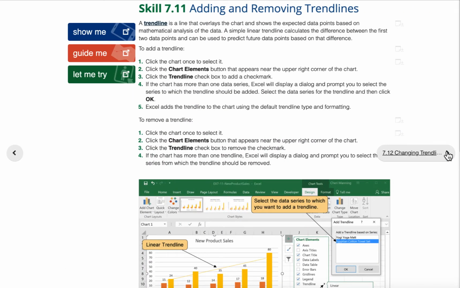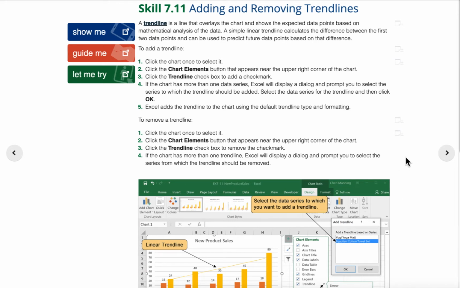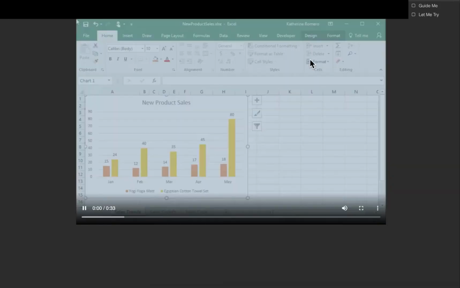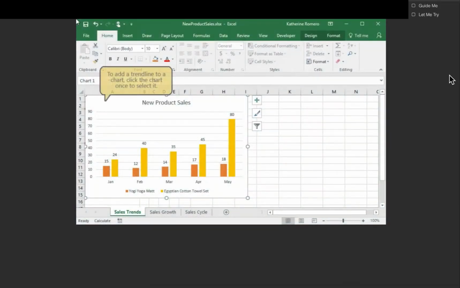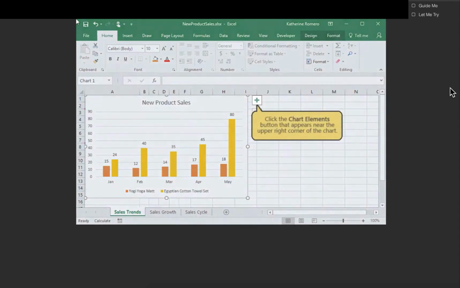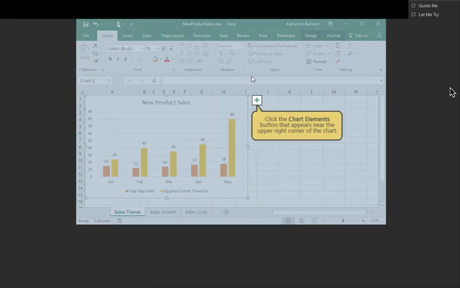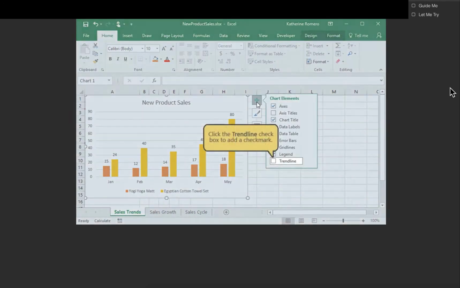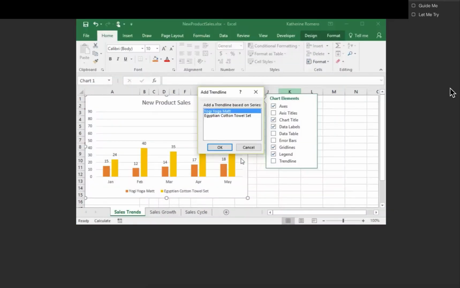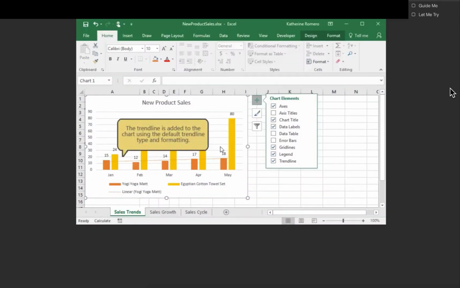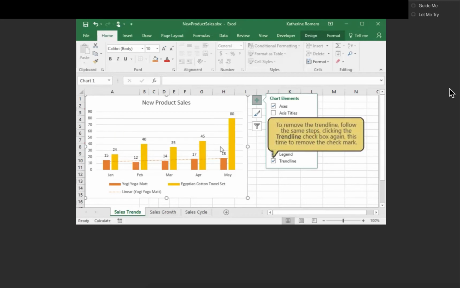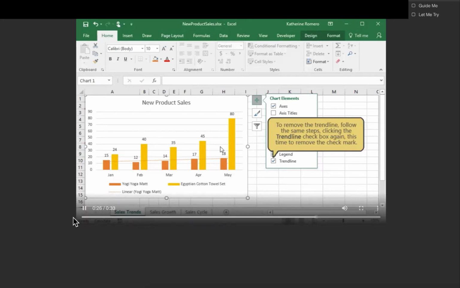Now we're going to see how we can add and remove a trend line, and that is really important when you want to see a trend in your data. To add a trend line to a chart, click the chart once to select it. Click the Chart Elements button that appears next to the upper right corner of the chart. Click the Trend Line checkbox to add a checkmark. The trend line is added to the chart using the default trend line type and formatting. To remove the trend line, follow the same steps, clicking the